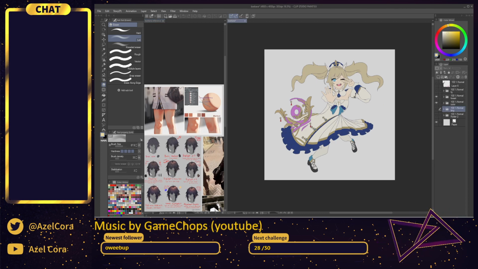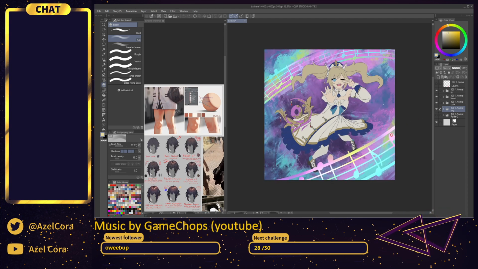So last stream we colored pretty much everything. There's a few details missing, but I'm not gonna add them, honestly. I think it's too much work. But we added basically the mood that we want for our piece. So the foreground and the background. It clips a little bit into the piece itself, so it gives a little bit of